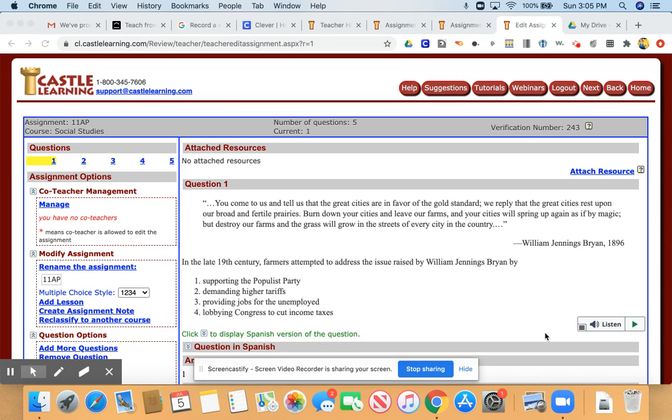One of the great things, especially for students who have read tests or exams, because sometimes we're short staffed, or when we were doing virtual learning, this was very helpful. So that function of Castle Learning being able to read out a test for a student is very helpful. And this is just a quick example